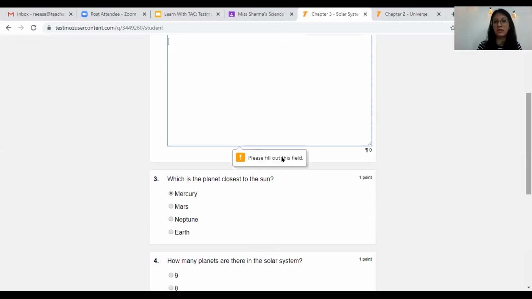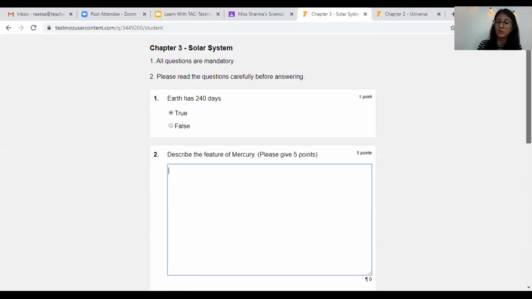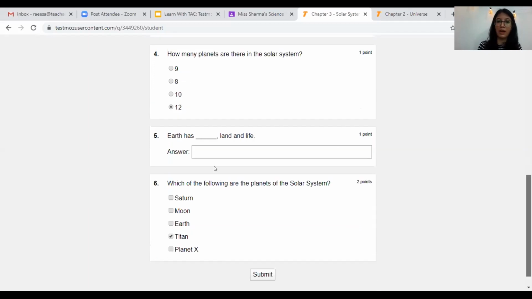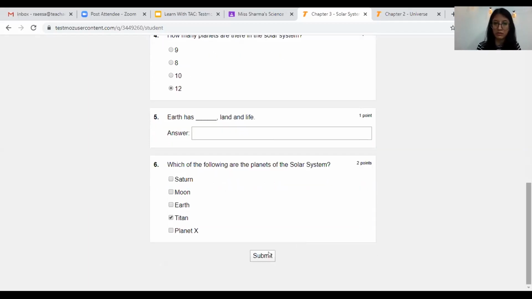Okay, so it makes all questions mandatory. The students cannot leave any questions blank. They have to mandatorily fill out all the questions over here. Now I have left this question blank. Let me see if it allows me to submit. No, it does not. So all questions in TestMoz are mandatory by default.